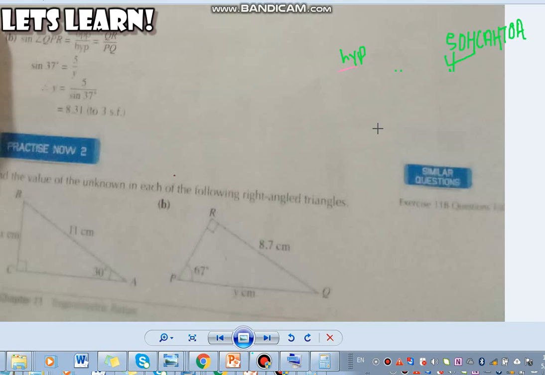Now for practice purposes, you can do these questions. Let me clear the screens off. These are 2 questions. You can do them for your practice. Remember to keep in mind that we have to focus on 3 things: the acute angle given to you, the side which is given to you, and the side which we need to find out. When you know these 3 things, then you will focus on your acute angle. Then you will label your sides, then you will select the ratio through which you are going to find your unknown sides. Remember, if you don't do proper labeling of your right angle triangle, you can get wrong answers. Even if you're doing it right, you can make it wrong.